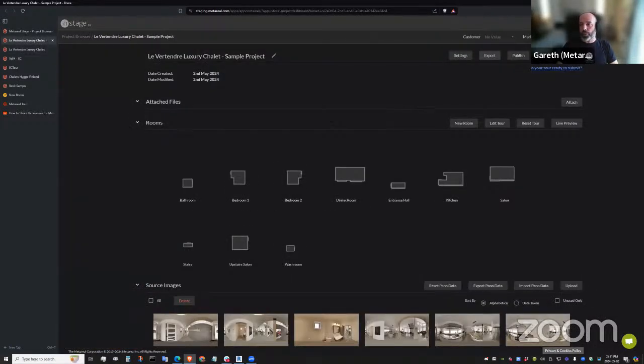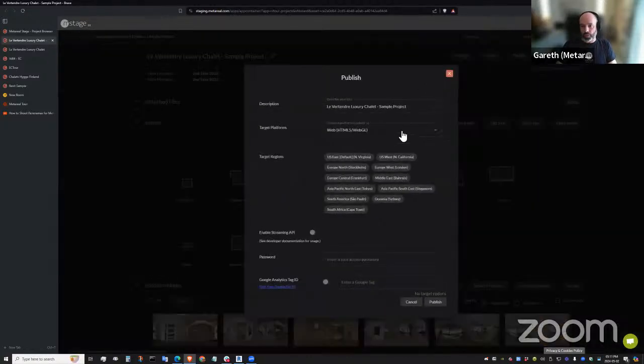And right now, we don't have any published versions in this tour, but one of the key things about the way the editors relate to the publicly accessible versions of the content you're creating is the publishing process. So we're able to publish our tours. We have a number of data centers worldwide. So depending on where you are, you might want to publish to more than one. So Oceania, Australia, Asia Pacific, various tour servers in Europe, South Africa, and a couple in the US.